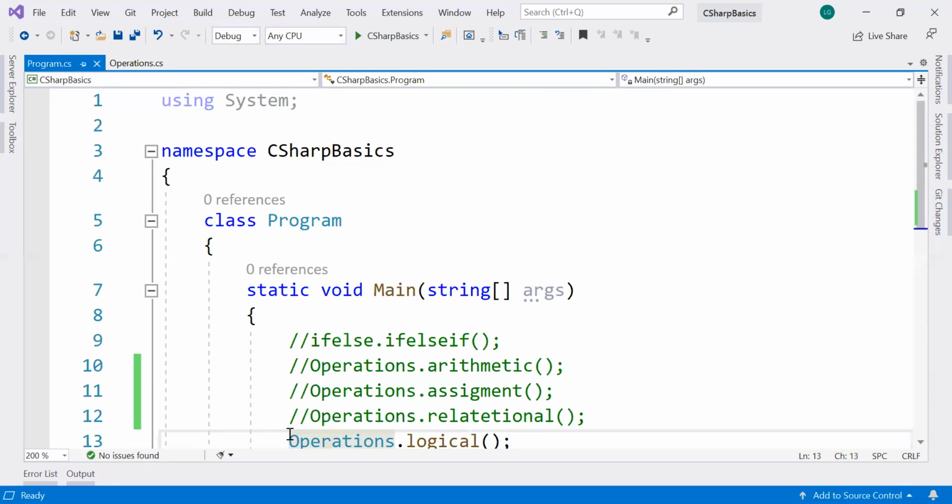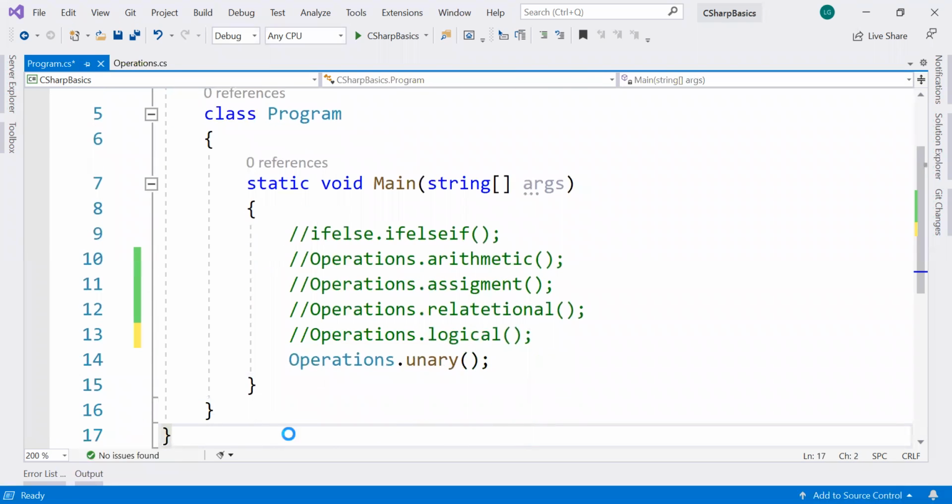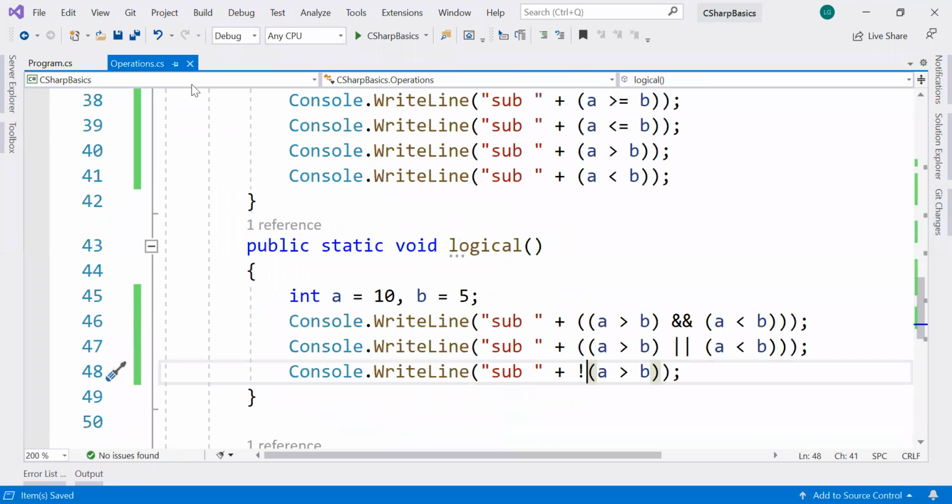And the final topic is unary operation. Means we need to increment one value, right?